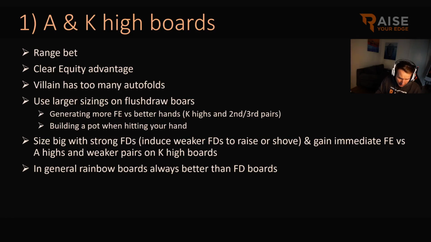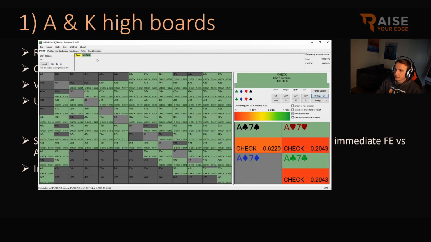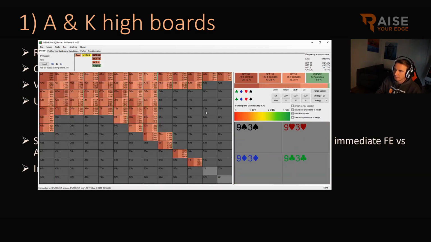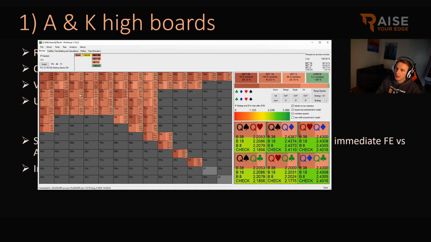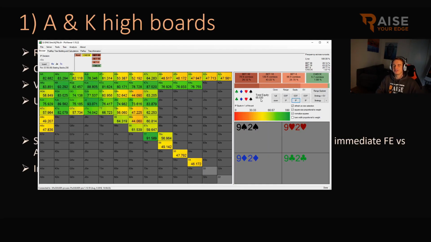Let's take a King high board. Let's start with King Jack 7, same ranges. As you can see, range bet. King Jack 7 diamonds, we bet everything. Same principle here. We have 65% equity against 35%. And this will also eradicate a lot of your